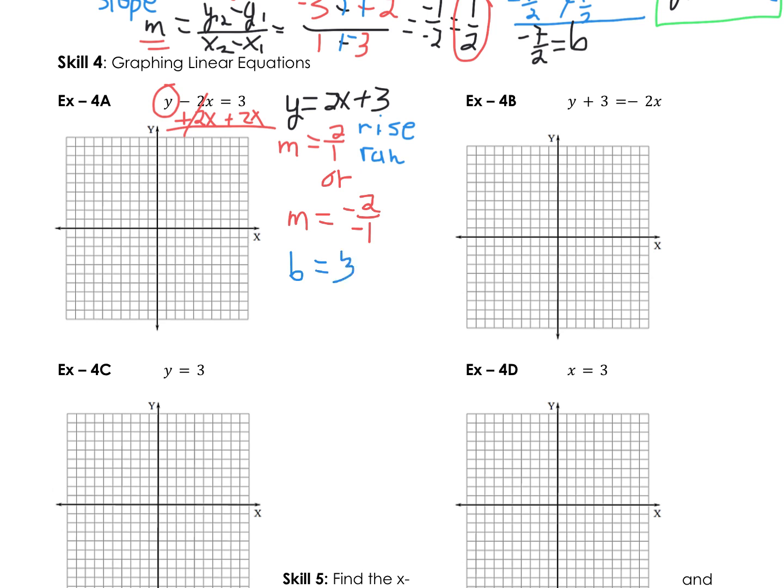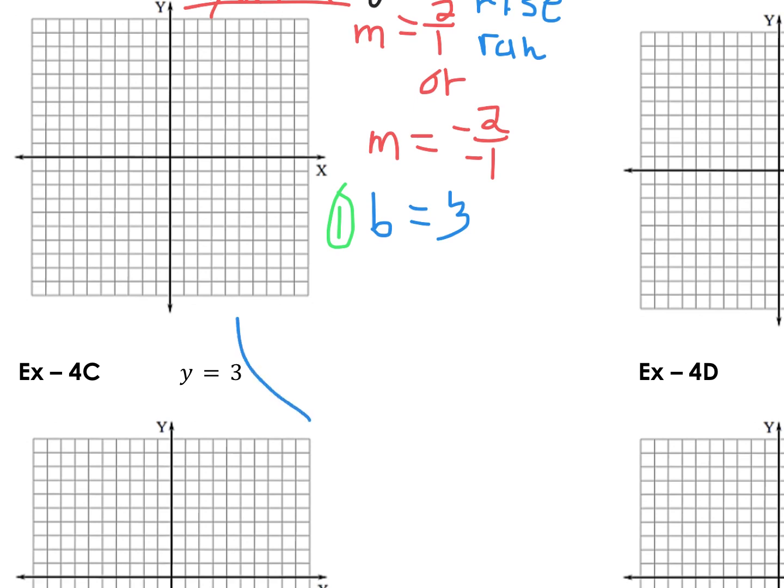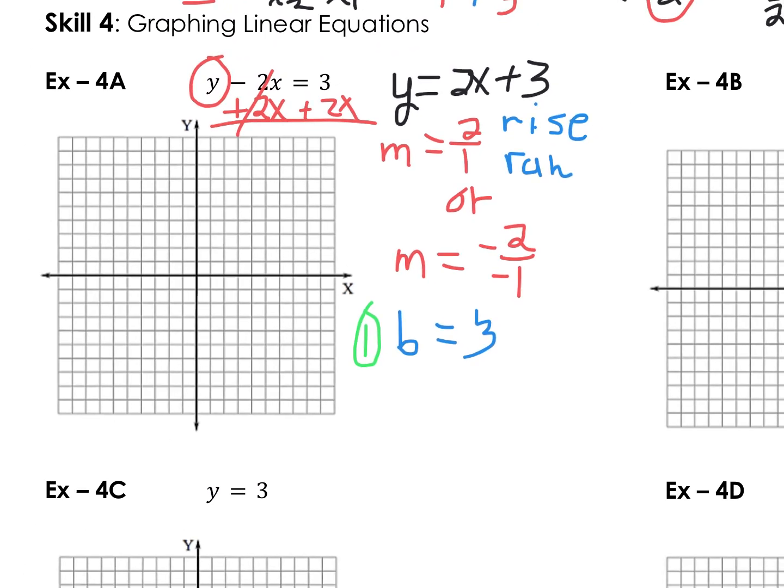So we're going to start right here with our b. The very first thing you do is plot your y-intercept. So if b is 3, I'm going to plot it at 3. I'm going to try to make this a little bit bigger so I can see what I'm doing. Whoops. And then let me move that over. Okay. So then I'm going to plot 3